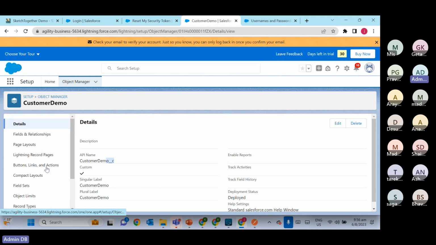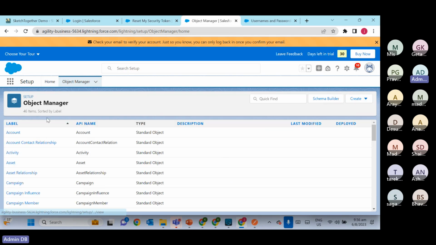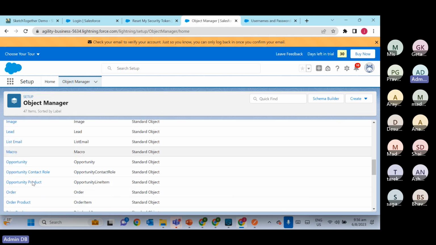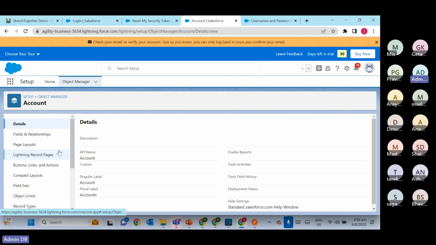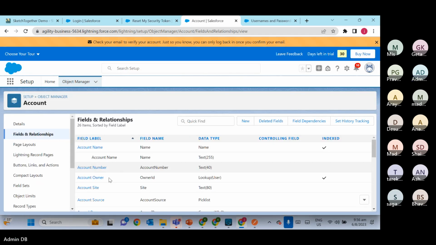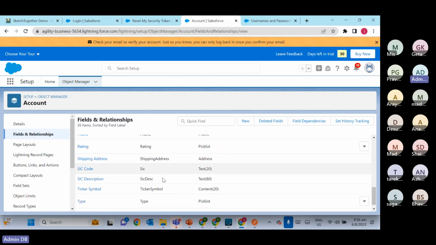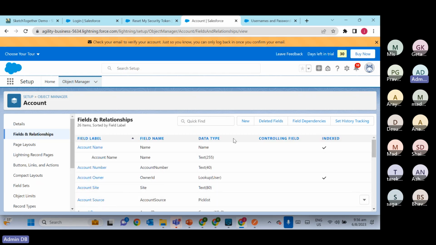Okay. So in this object manager, you can see the standard objects. You can create your custom object and you can see all the details like that. Account is a standard object, so you will not be able to see underscore name C here, and it has many standard fields. So none of them contain underscore C. But if you create any new field here,